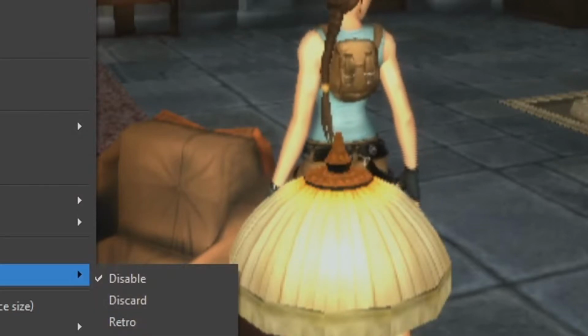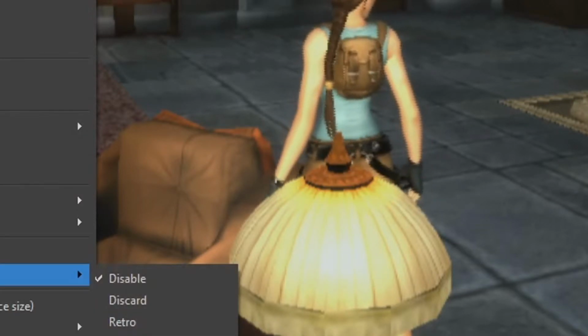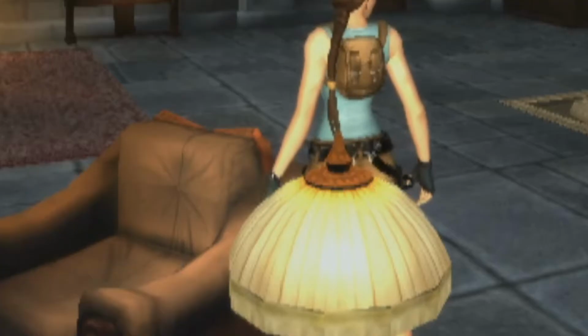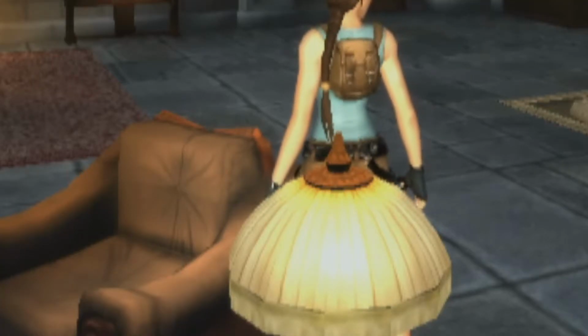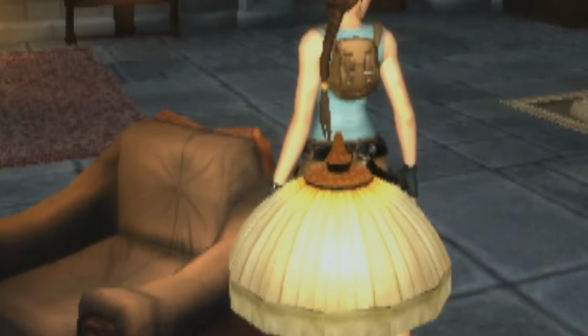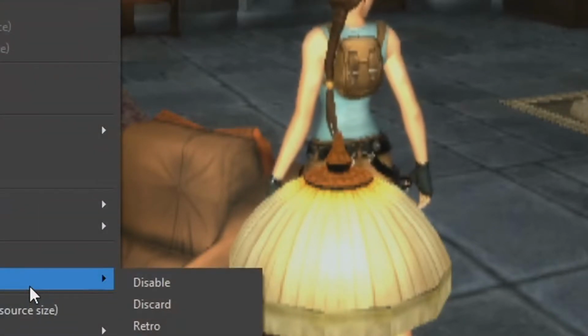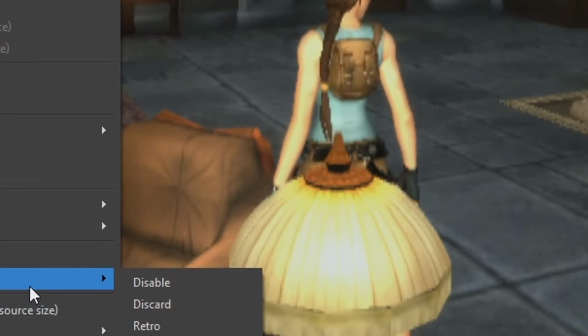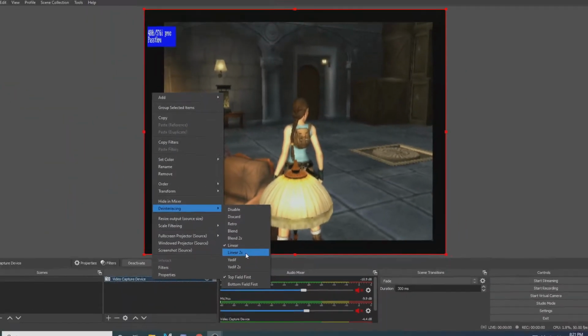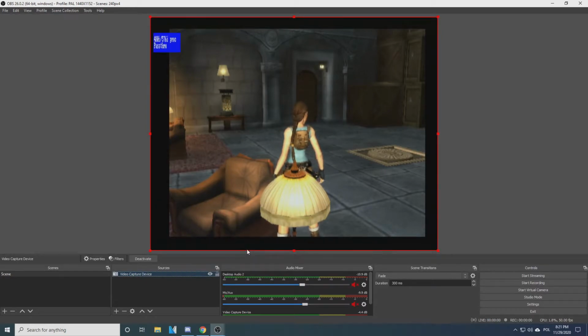And now let's enable linear. Yeah, it's a tiny bit more blocky, not as blocky as when you discard it. But again, I'm not a big fan, because there is another option that's coming up which is even better, which is not this one. Is